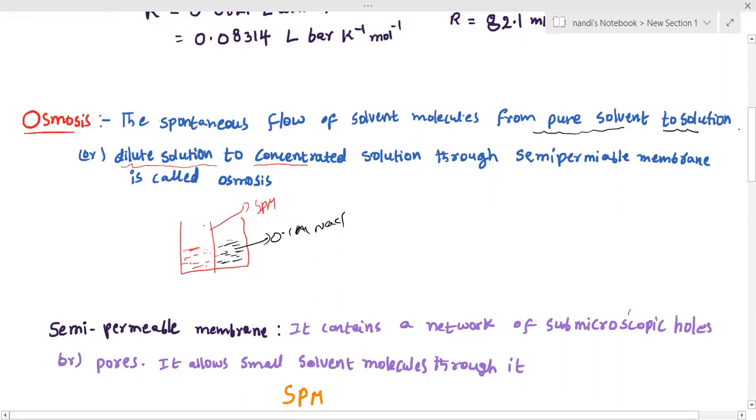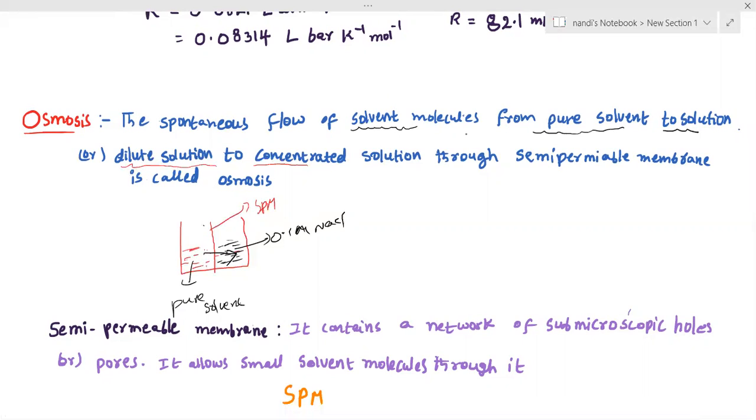So this is pure solvent. Pure solvent to the solution can move. Which are they moving, sir? Only solvent molecules. Please look into the definition very clearly. I've given only a two-line definition. The spontaneous flow. Spontaneous means that it happens alone. You don't need to supply any energy. It can move by itself. The spontaneous flow of solvent molecules from pure solvent to the solution, that is osmosis. Clear? Generally, students get confused here.